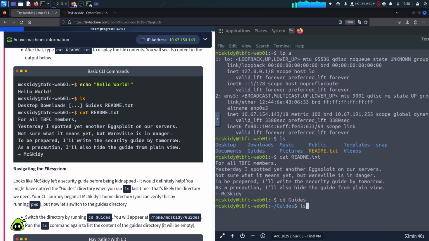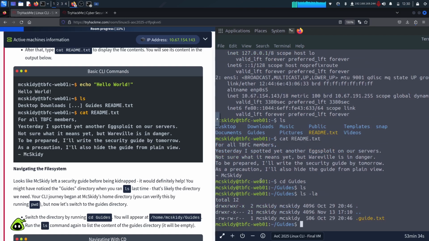Now we might try to look at what we have. Looks like the folder is empty. What else we can do is to supply an additional tag to list the different hidden files. And what we can see here is that we have another file which is prepended with a full stop, with the name guide.txt. So meaning that this file is actually hidden. So to access the content, all we have to do is cat